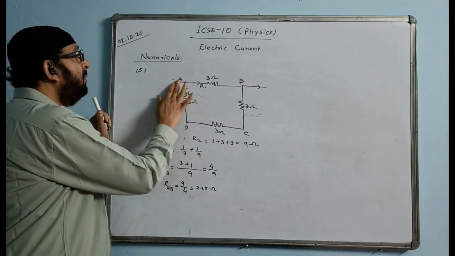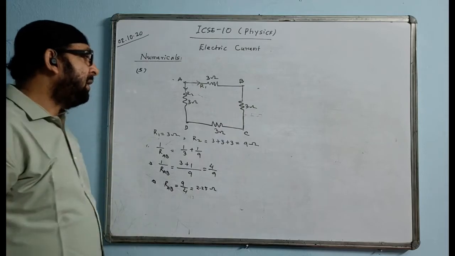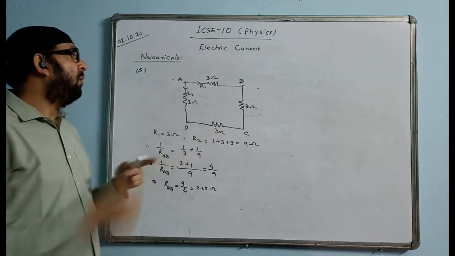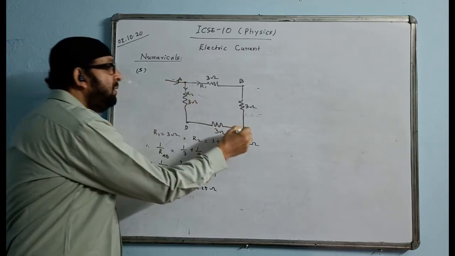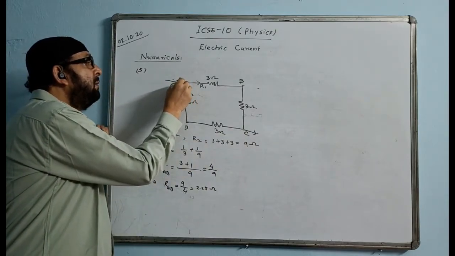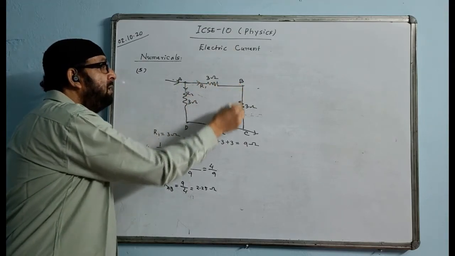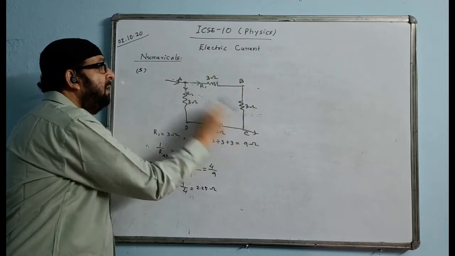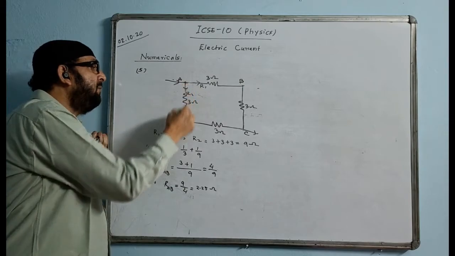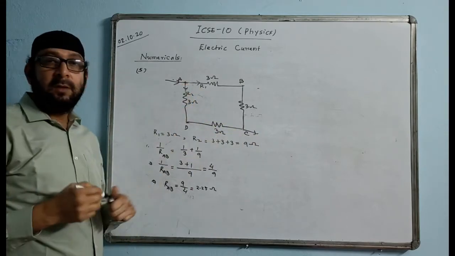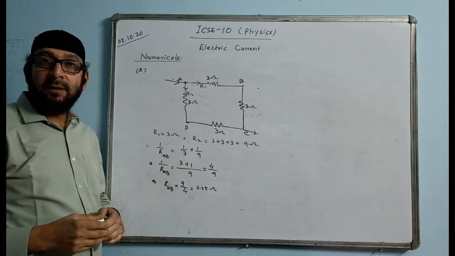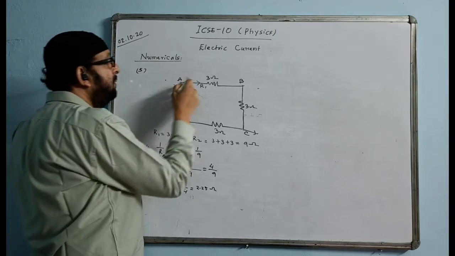If in the same question they ask you to find the equivalent resistance between the points A and C, how will you do it? Through A it enters and through C it will come out. As it enters through A, it divides into two branches, R1 and R2. This branch current will flow like this and then come out. That means these two are in series. 3 plus 3 you will do, the answer is 6 ohm. Down also, R2 will come the same way, 3 and 3 is 6, then come out. That means that also is 6. And then we will do 1 by 6 plus 1 by 6 and find the answer. Similarly, they are showing it this way.